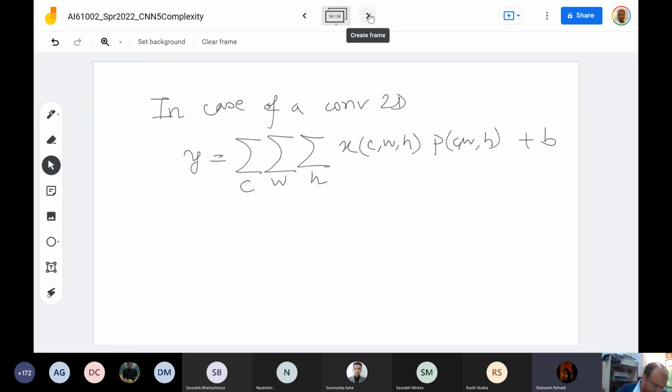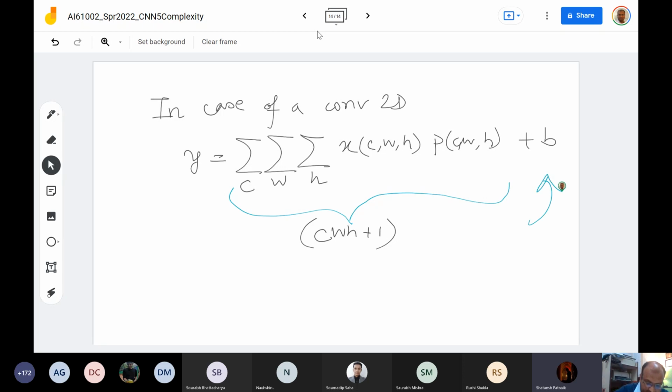So now here you would see that in total you would need, by strict definition, CWH plus 1 number of ops, because for this bias, what you can do is you can actually add that bias as my initial condition